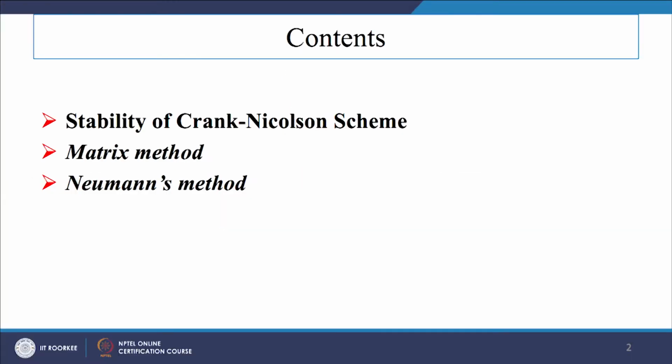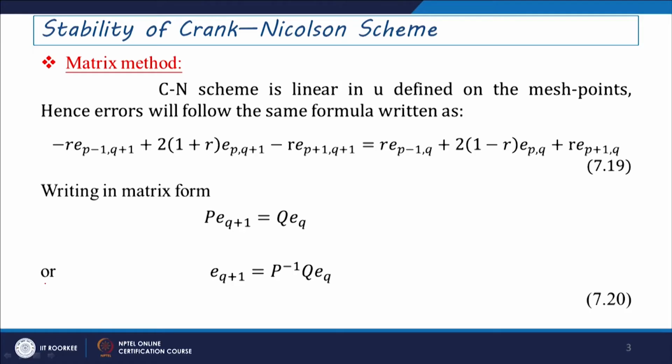In the last lecture, we discussed the explicit and implicit schemes and their stability and convergence. In the present lecture, we will discuss the stability of the Crank-Nicolson scheme with both methods, the matrix method and Neumann's method. Whenever we go for the Crank-Nicolson scheme, especially if you consider